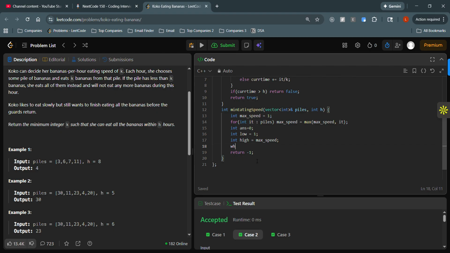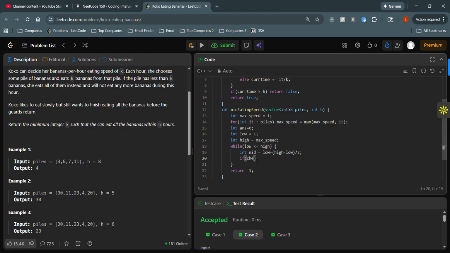So same binary search thing, while low is less than or equal to high, we do int mid is equal to low plus (high minus low) by 2. This is my middle value, right? If